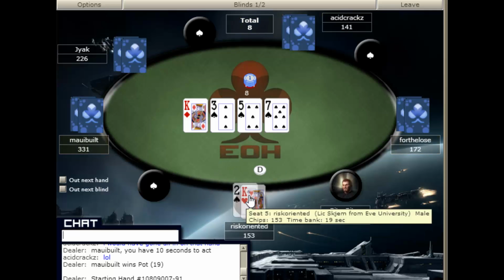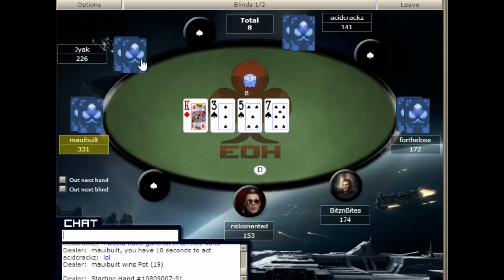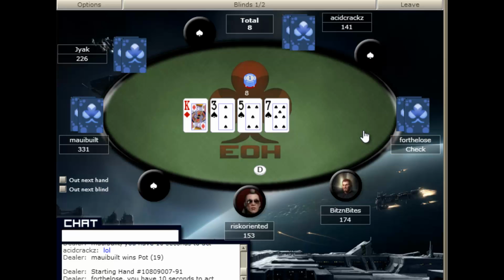I tend to play about 40% of my hands from here, whereas from early position, say the first position after the blinds, I only play about 10% of my hands. And as my position moves around the table, I play more and more hands. And that's essentially how every poker professional does it. Nobody plays lots of hands from early position and doesn't play from late position. That's a losing strategy, and you won't survive very long if you do that, because position is so important on the table.